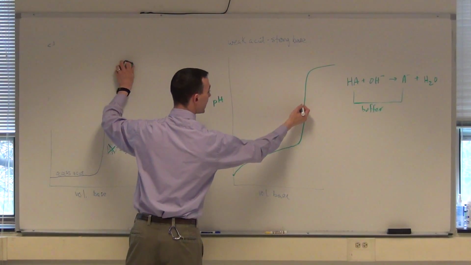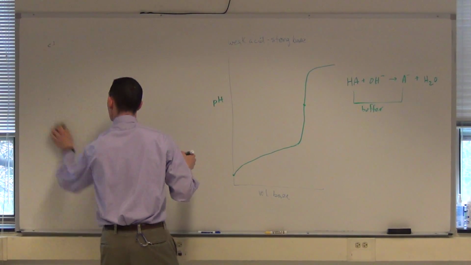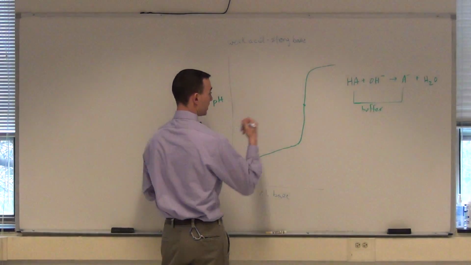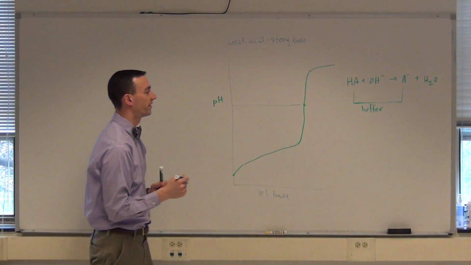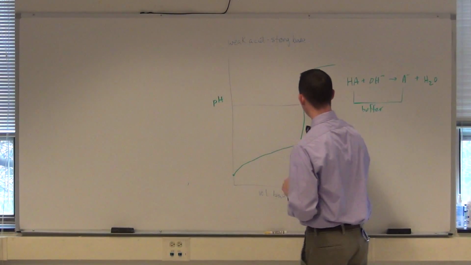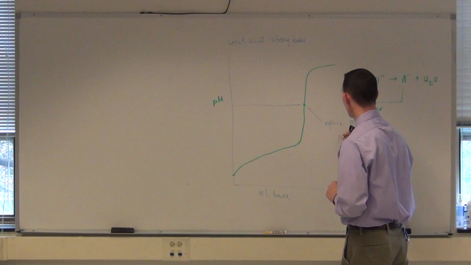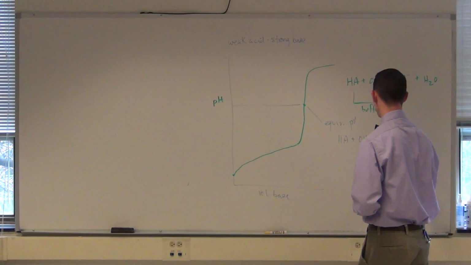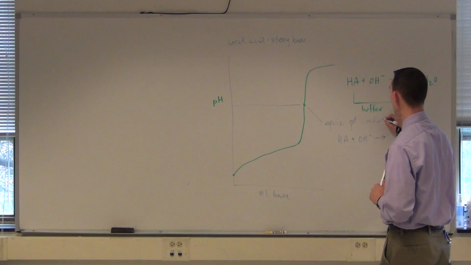The first is again the equivalence point. The equivalence point of this titration curve will not have a pH of 7, because at the equivalence point here, if the moles of our acid and the moles of our base are perfectly equal to each other, which they are,